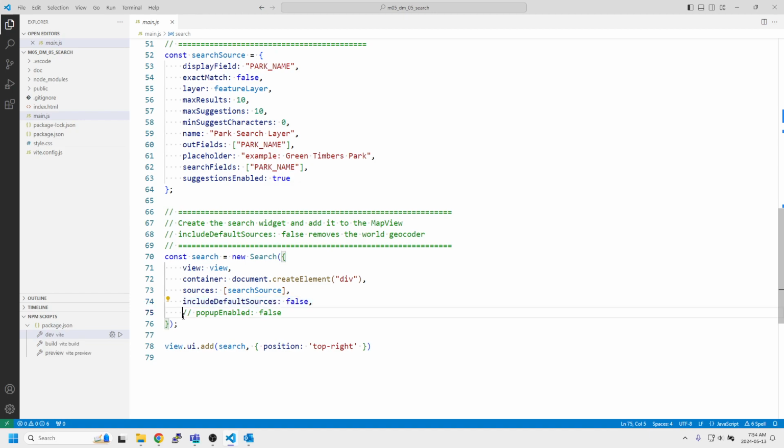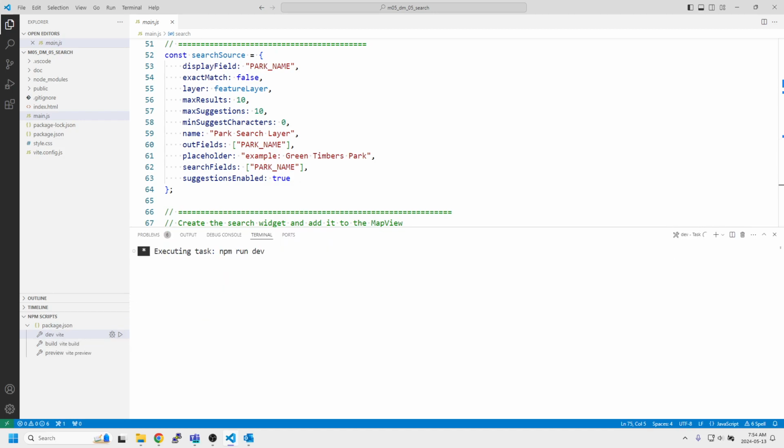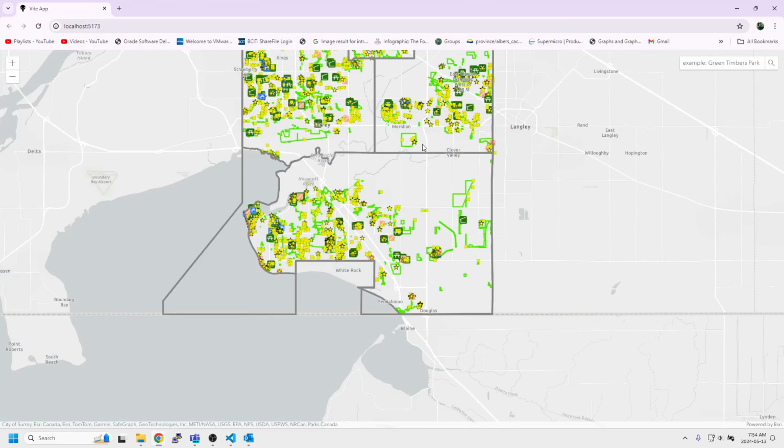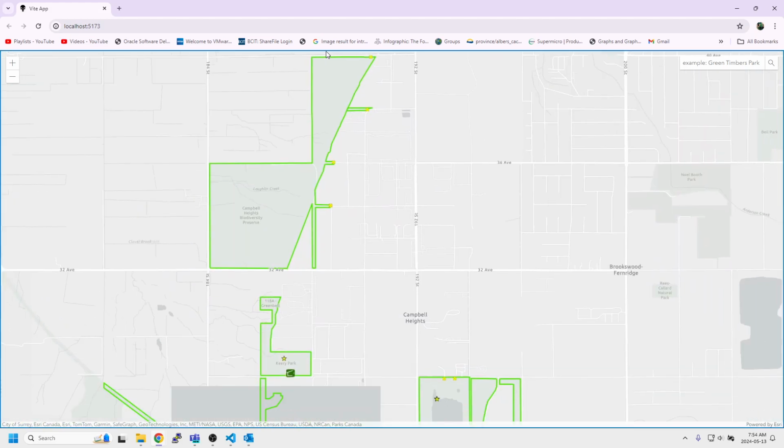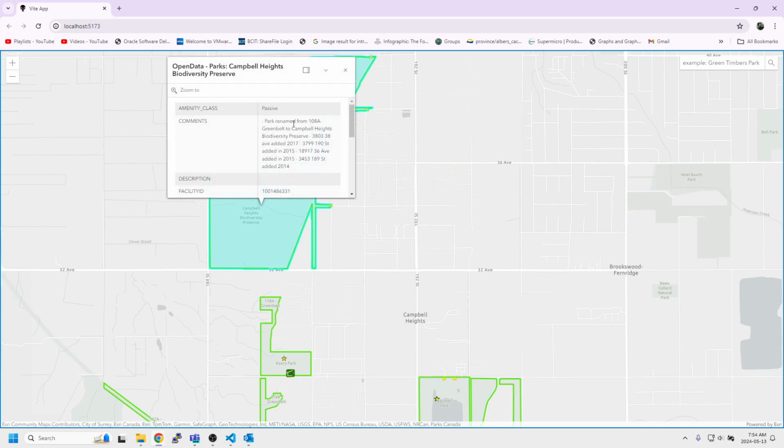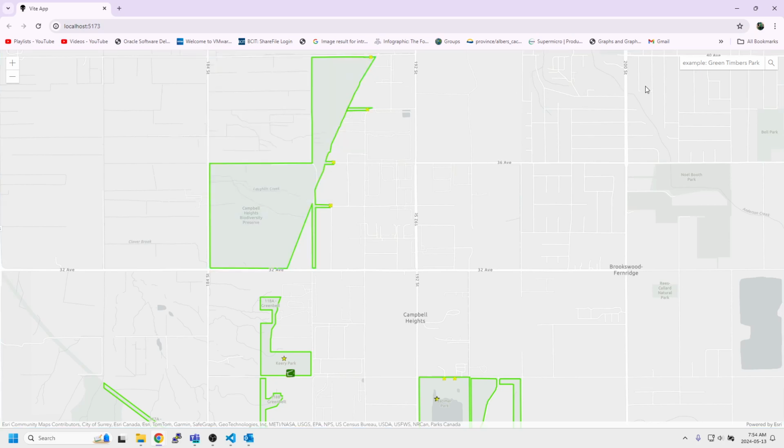And we'll check the difference between pop-up enabled, which is true by default, but we'll see what the base effect of that is. I'm going to fire it off. It's going to probably pop off screen, and I'll slide it across, and it has. And so here it is. So again, the web map has all the layers set up, stylized, and that sort of thing. What we added was this search widget in the corner here. And so it doesn't matter what part of the map we're on. All the pop-ups, this is all part of the web map. And then, well, hey, I want to go to